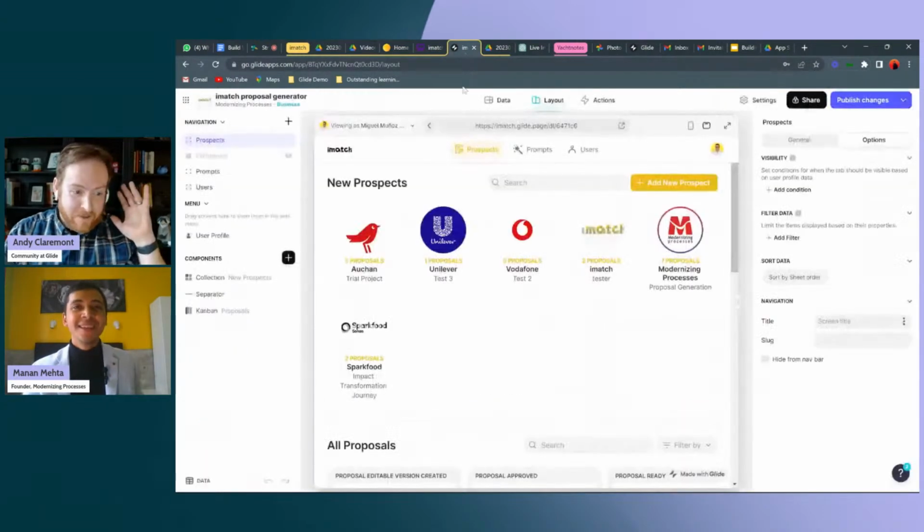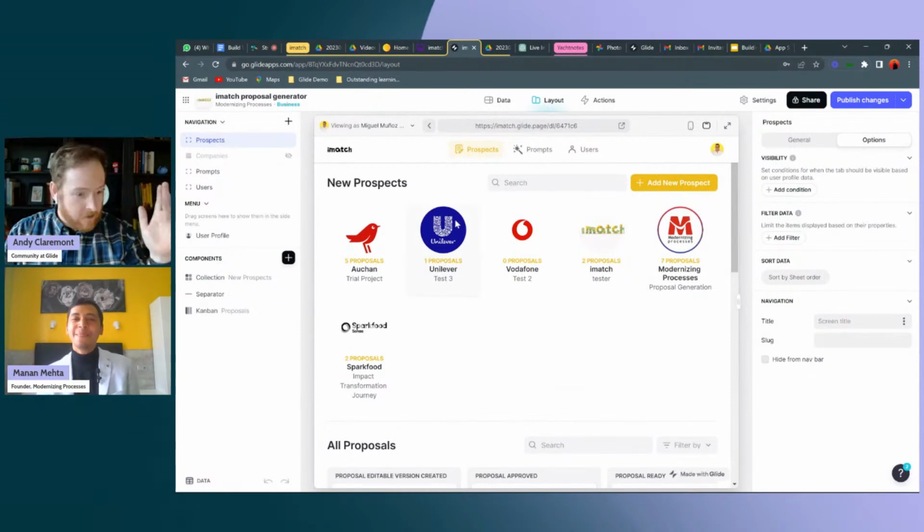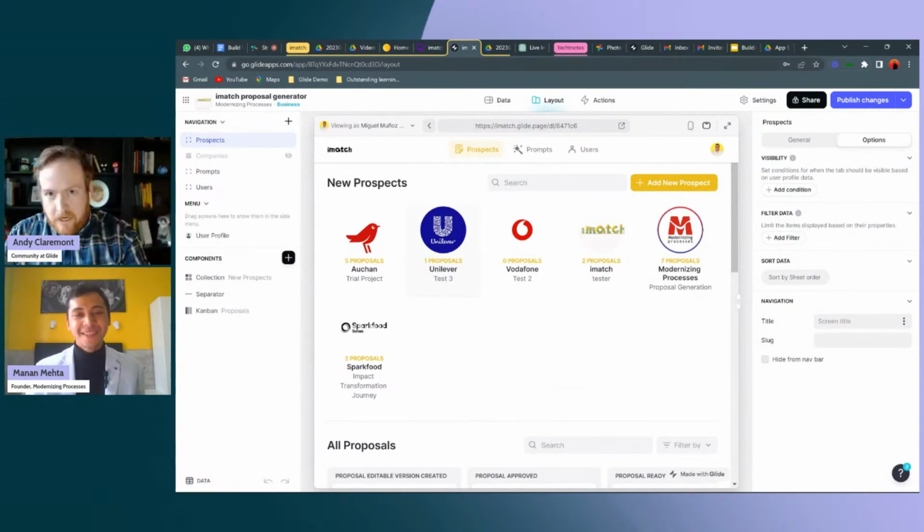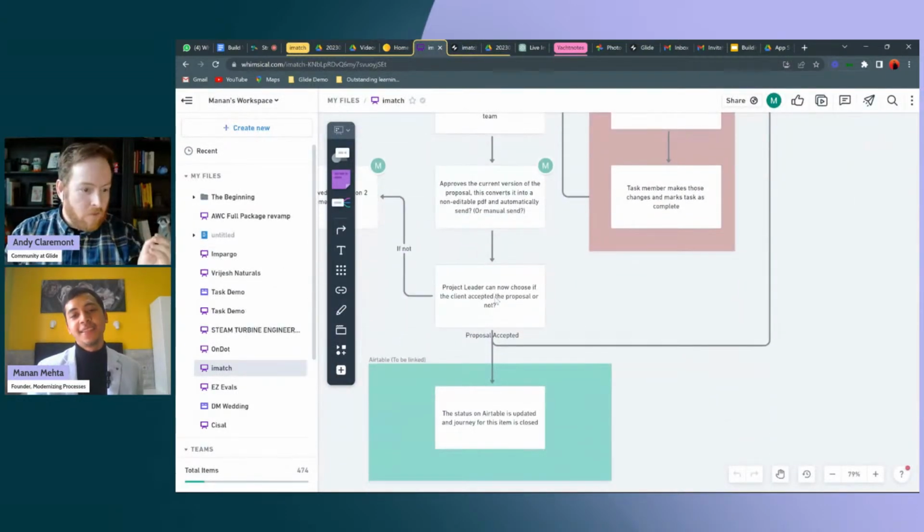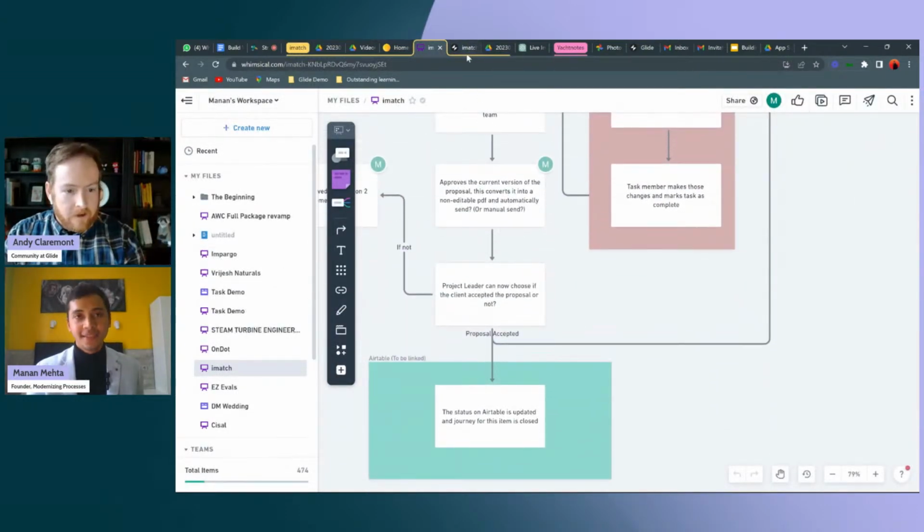My mind is a little... You have consistently blown my mind, but just describing that flow, going through ChatGPT, getting it into Google Slides, there's so much big stuff that you're doing here.